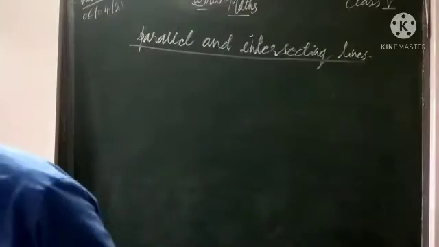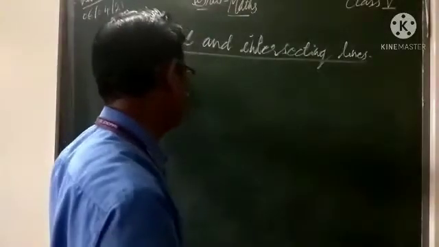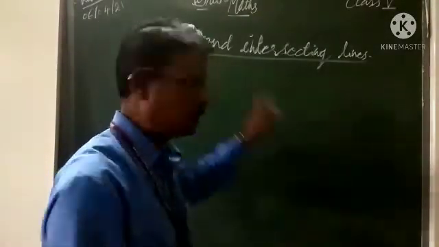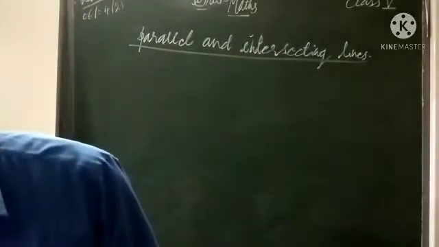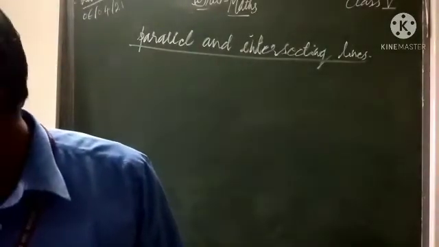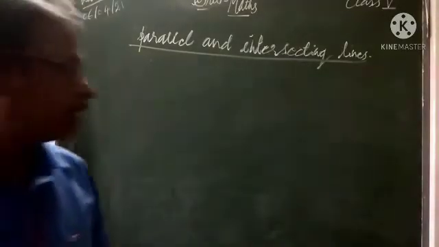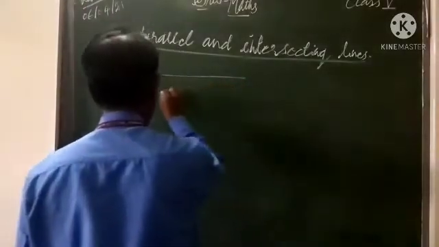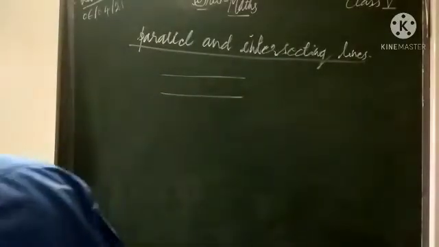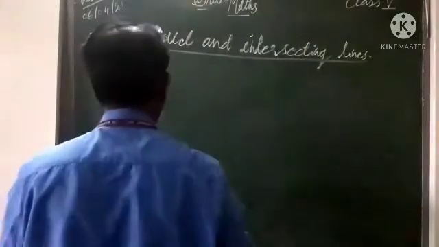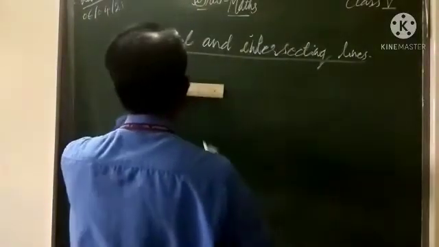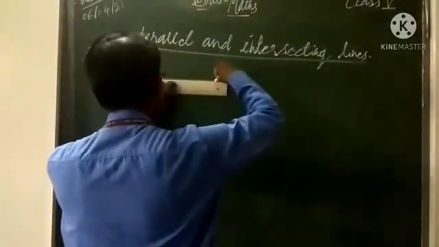Any two lines in a plane either intersect or are parallel to each other. Any two lines in a plane either intersect at one point or are parallel. Two distinct lines. Parallel means such types of lines are called straight lines. Parallel lines, I will show you how. It may be horizontal or it may be vertical parallel lines.